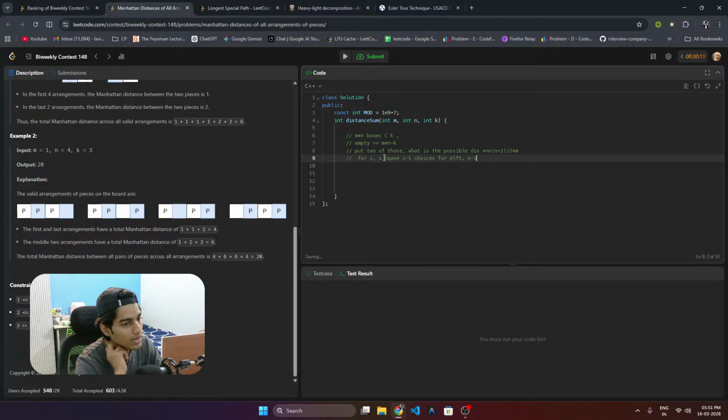N minus I. If I'm at like 3, then 4 minus 3 is 1. So effectively, this is a contribution of a single piece in a grid. This is how many times the distance will cross horizontally. Like for x, let's say for x,